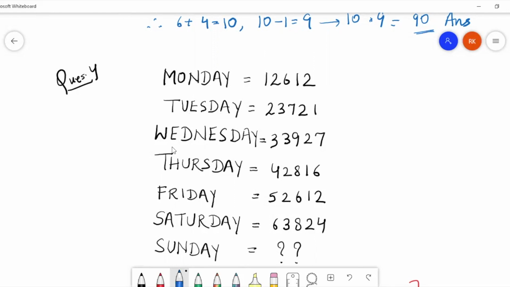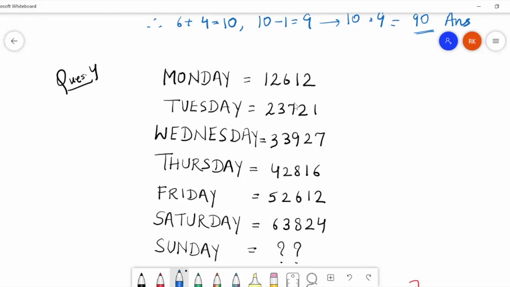For Wednesday we have E, E, A. Again 3. Yes, it is 3. For Thursday, U and A. Yes, it is 2. Now here we have again 2, I and A. For Saturday we have A, U and A. Yes, 3. So yes, these are the number of vowels. For Sunday we will have 2, U and A. So we got the first 2 digits, 7 and 2.